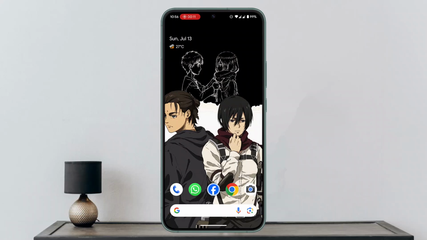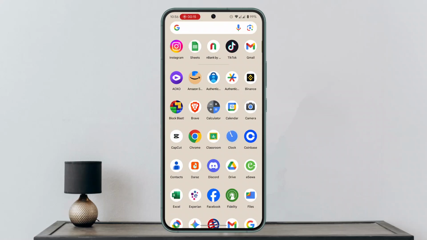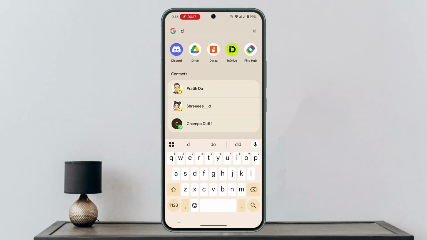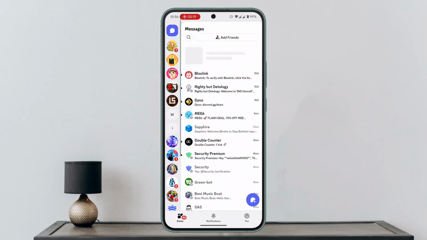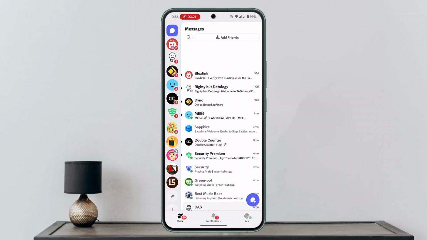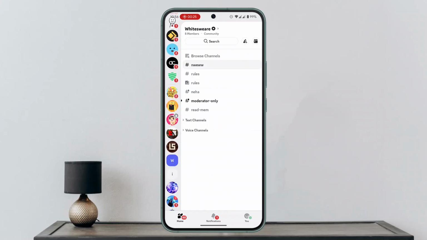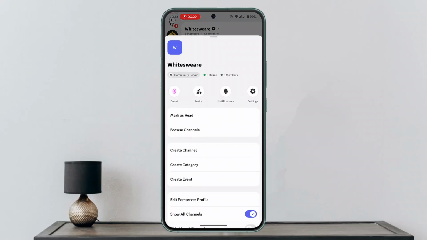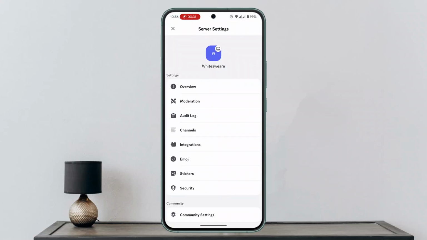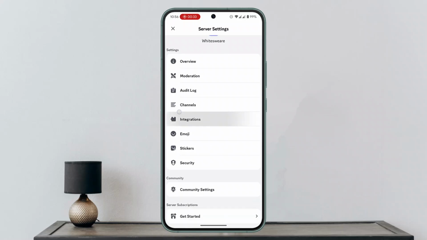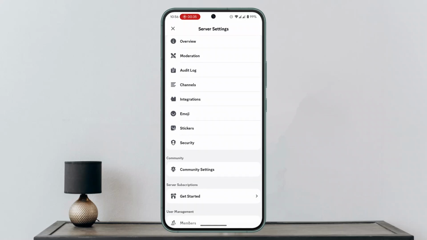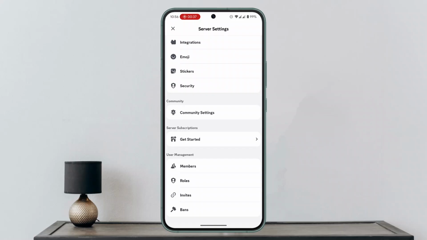In this video I'll be showing you the procedure to move channels and category on Discord mobile. To do this, first of all you want to open your Discord application. After which you want to go ahead and open up the server, or just click on the server title. When you do this, you want to click on the gear icon or just the server title, and then click on the settings bar. When you go to the settings, you will then be able to see this sort of field. So here you just want to go ahead and click on,